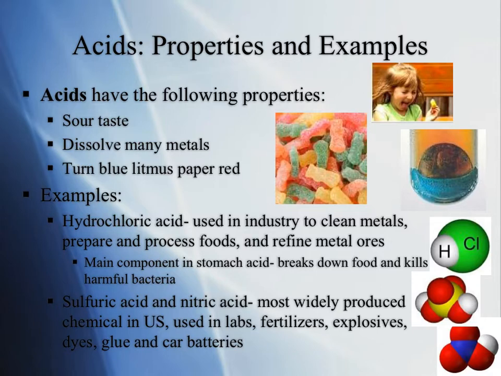Hydrochloric acid is a very common one. So common it's found naturally inside of you. Hydrochloric acid is the kind of acid that is in your stomach, starting to break down proteins and kill bacteria and other harmful bugs that you might swallow with your food. But hydrochloric acid is also used in industry, for example, to clean off and make metals shiny, to prepare and process foods, and to refine metal ores. So hydrochloric acid is a big, very, very common acid in our world,